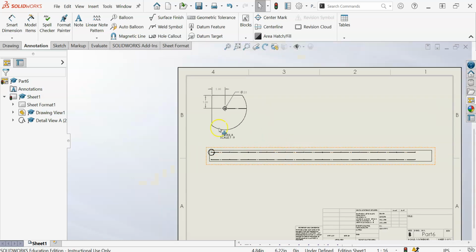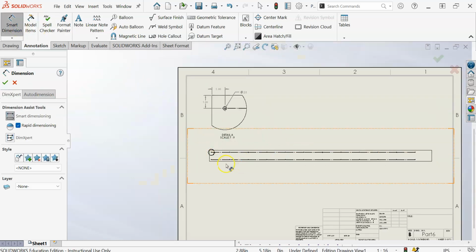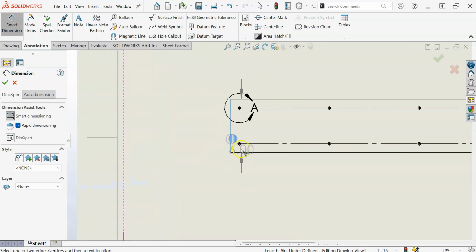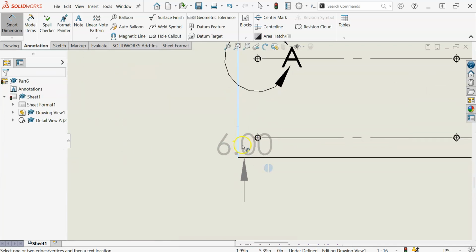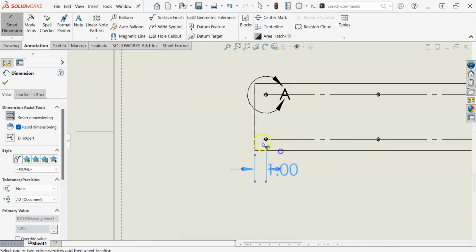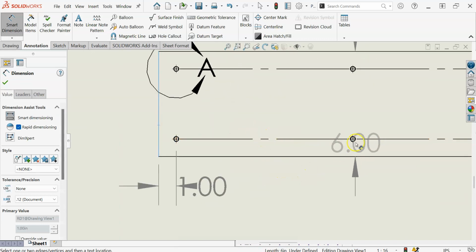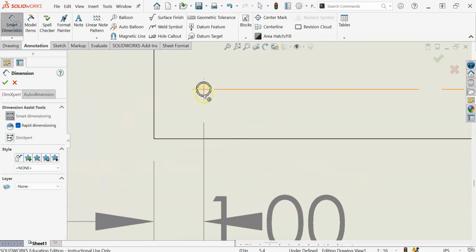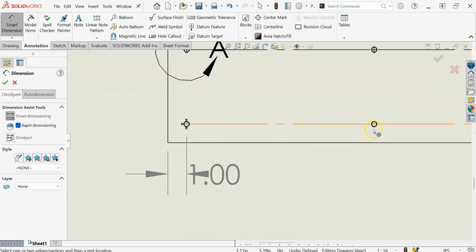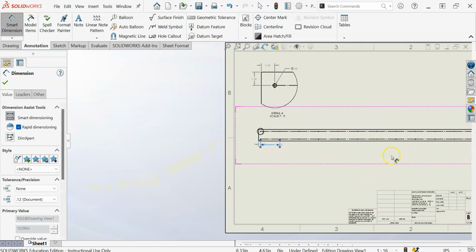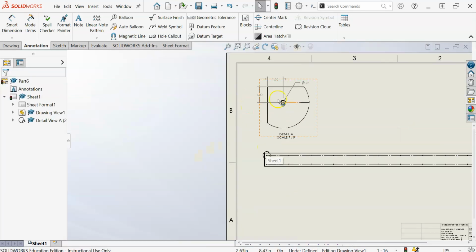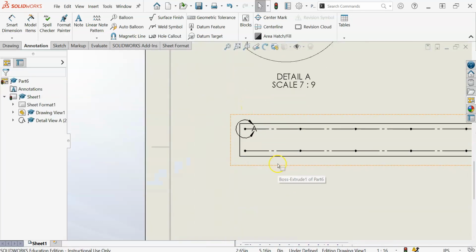So the way we would typically dimension stuff, I guess, based on our current knowledge would be, you'd add a dimension from the left edge to the first hole, and then from here to the second hole, or even you might do the dimension between the two holes, and then you might do that all the way down. There are better ways to do this. The first thing you could do is, we've already located the first hole, so I don't really need to worry about that. But